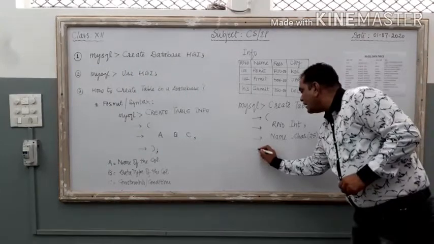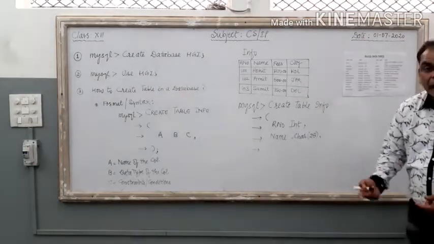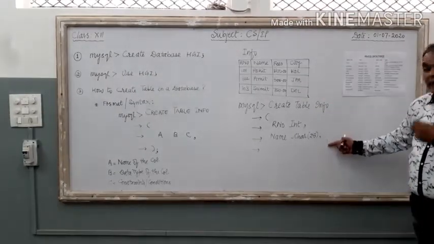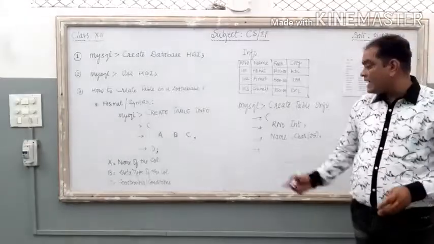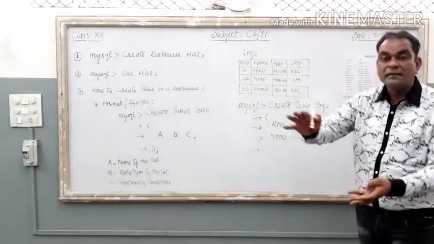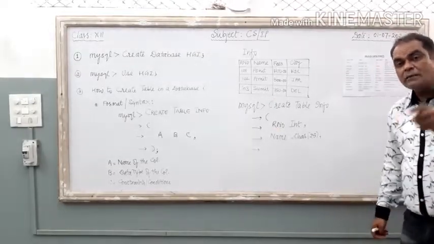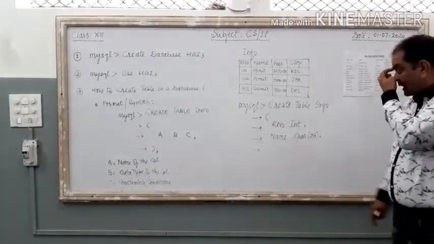Now again एरो सिंबल is there. अभी एरो क्यों आ रहा है? मैंने कहीं भी सेमीकोलन नहीं लगाया. जैसे ही मैं सेमीकोलन लगा के एंटर कर दूंगा, तो कमांड एग्जीक्यूट हो जाएगी, फिर एरो नहीं आएगा, सीधा कमांड का रिजल्ट आ जाएगा और उसके बाद MySQL प्रॉम्प्ट आ जाएगा. So at the third line name is there.